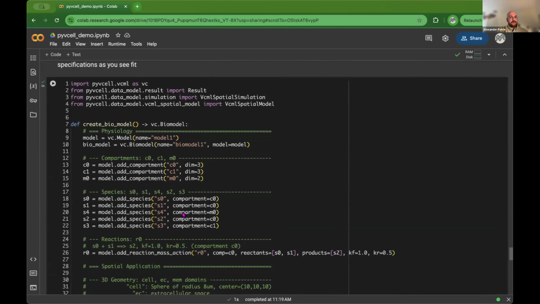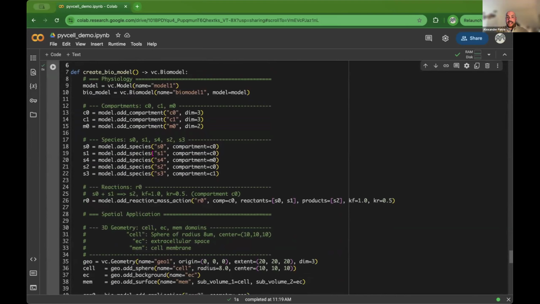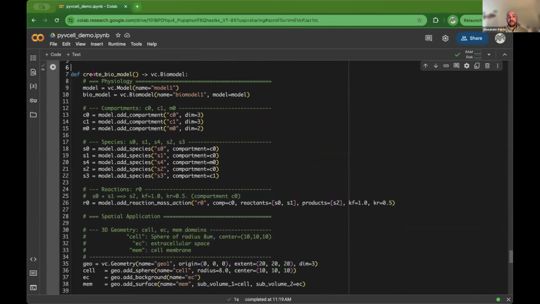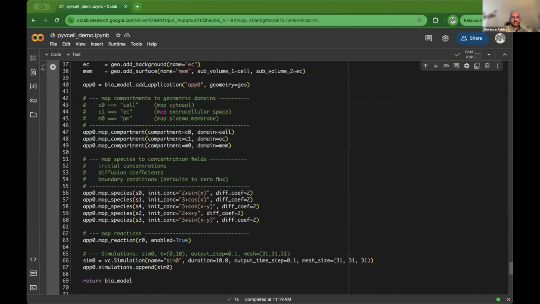And just for convenience, I've made that entire custom model workflow available as a function within this demo, so you can just edit the lines as you see fit